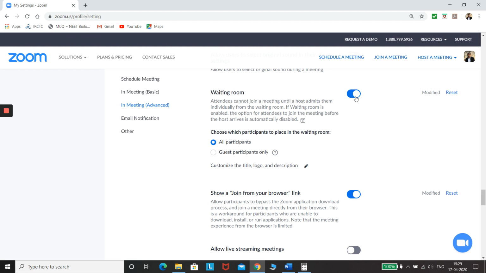Waiting room ensures, if you keep it switched on, that no one can join by themselves. They can join only when the host allows them to join. So if you keep it switched on and select for all participants, then all participants' names will show up. And for this matter, beforehand you can tell all your students that they must show their real name as in the school records. Yes, some students may fake their name.